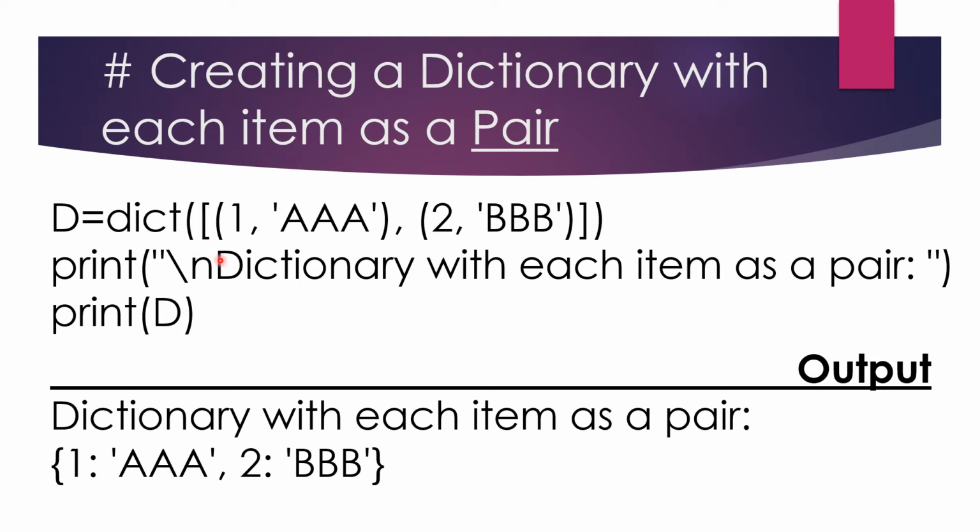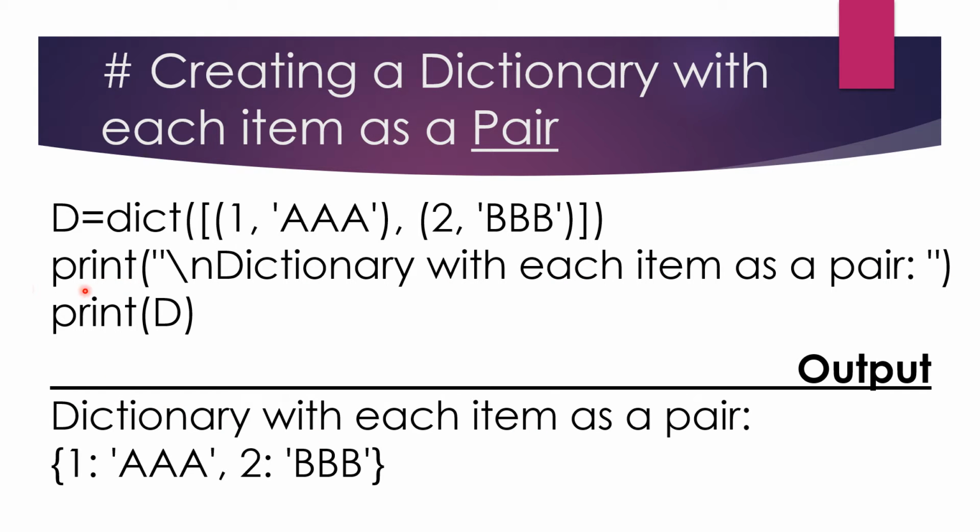Here what we have to do, instead of colon while assigning the values, between key and value we will put a comma, not a semicolon. Here also you can see this is the first, and here it will be a comma only, as you can see, and one parenthesis will be given here, and on the next line it is written print dictionary with each item as a pair. So in the output first this will be printed, as you can see, a dictionary with each